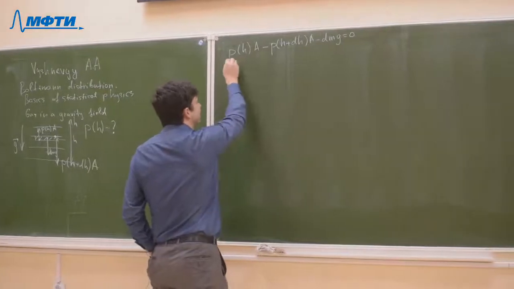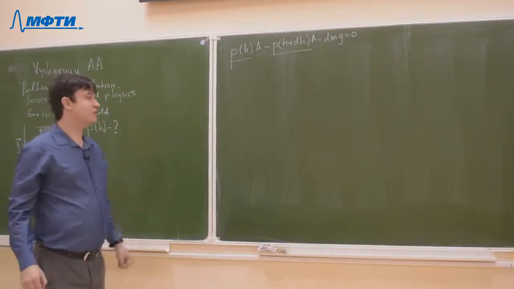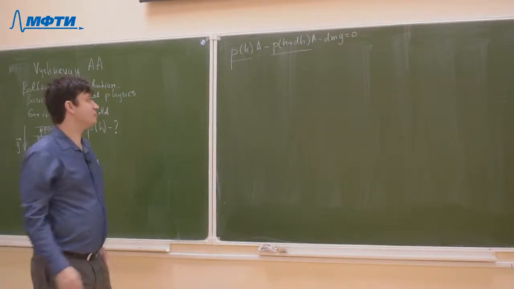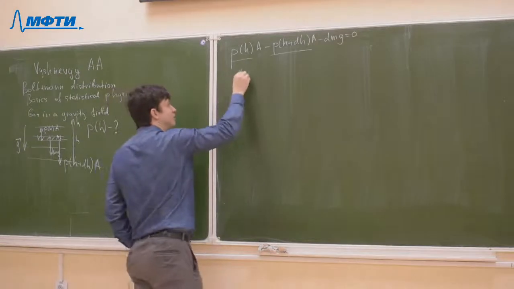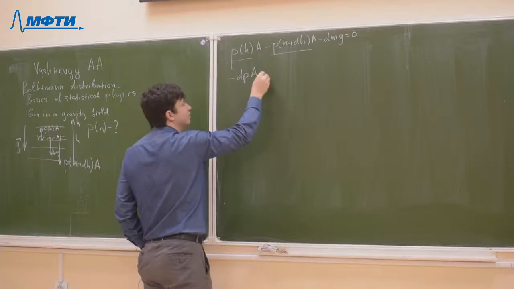Then this is a difference between two closely valued functions, and it can be written in terms of a derivative. So it can be written as minus dP A equals